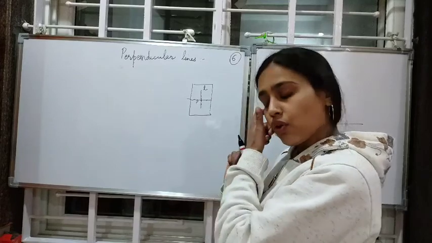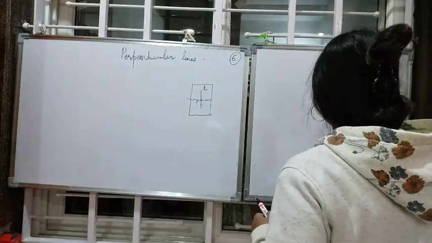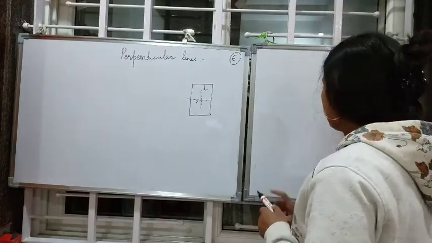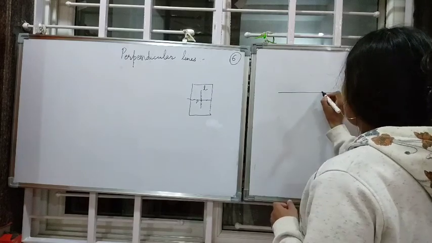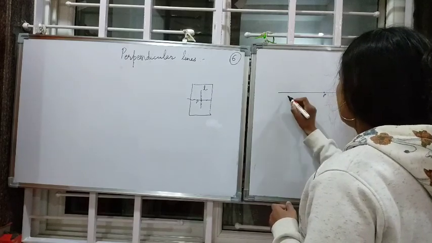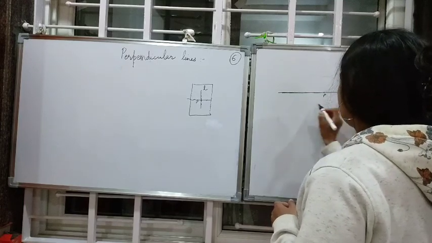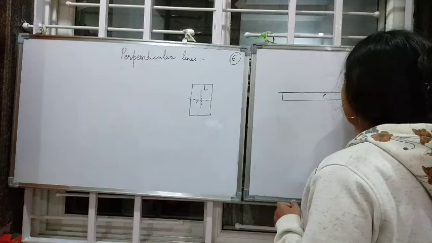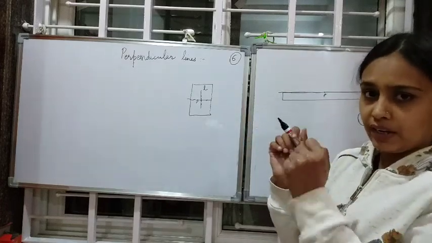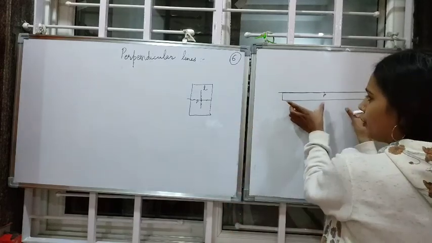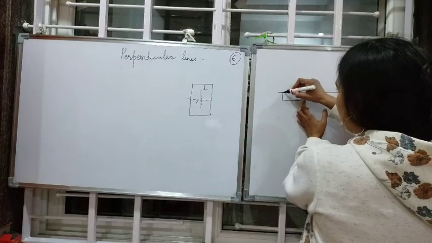Correct? Okay. This is the first one. Second is usage of the set square. How? Take a line L. Mark a point P on it. Now, fix your ruler here. Fixing doesn't mean you have to nail it or something like that. You just hold your ruler like this. Okay, and then put your set square here.